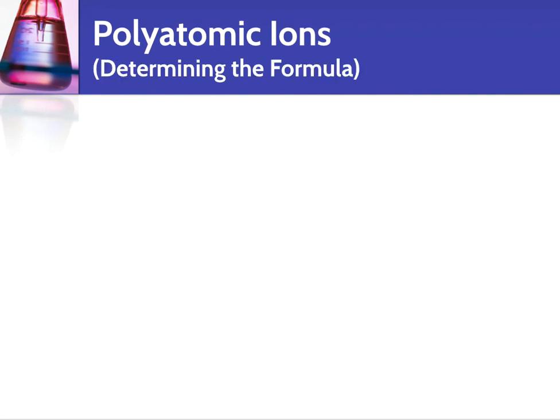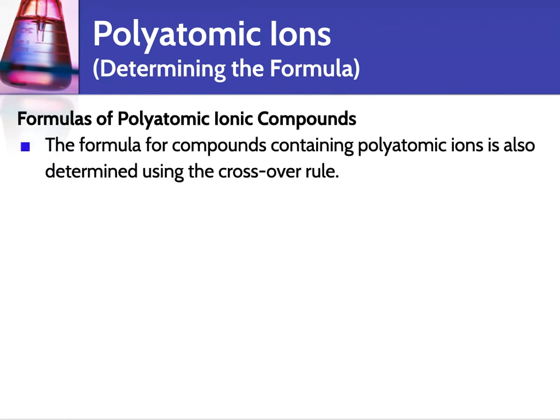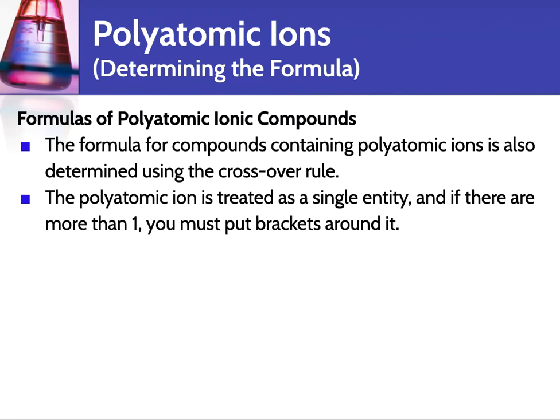How about going the other way? So we've got the name, we need to figure out the formula. So again, you're going to use that crossover rule. But the important thing is that that polyatomic ion gets treated as a single entity. And so if there are more than one, you have to put brackets around it to say that there's 2 of the whole thing, not just 2 of one of the elements. So if we look at an example, calcium chlorate,